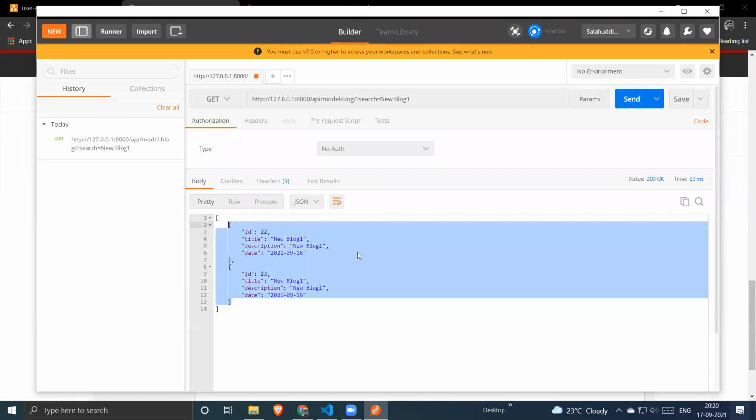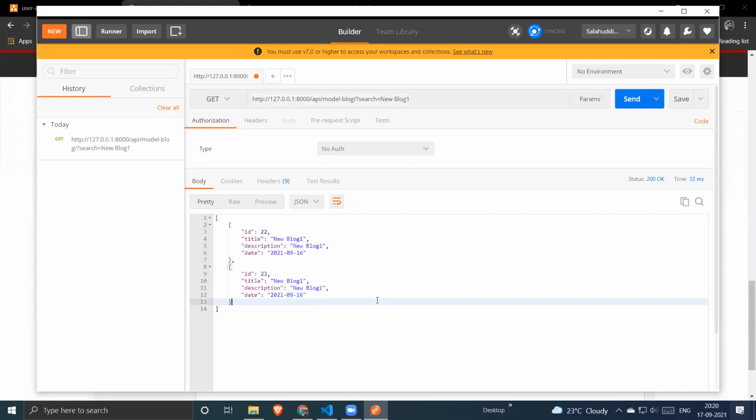If you have multiple objects which have the same search result, it will provide you a query set for your API, and that will be converted to JSON and provided to you as an output. So whatever you write in the search keyword or search parameter, it will be treated as a search field.